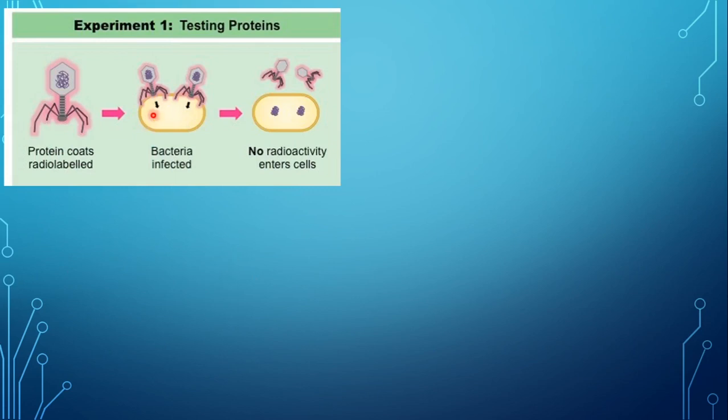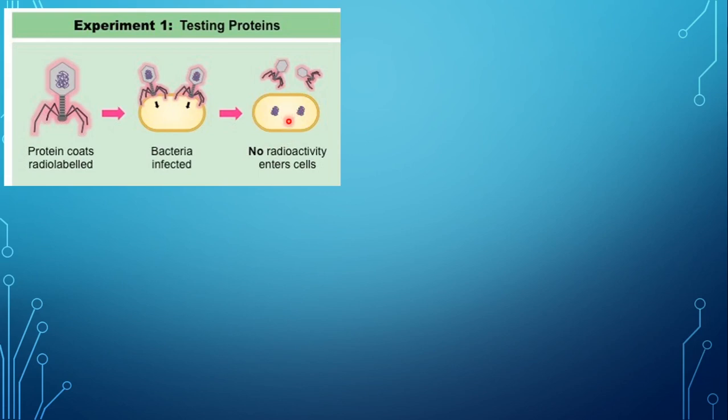Now the experiment. First, for testing proteins, what was done? The protein coat was radiolabeled with radioactive sulfur. We assume that out of the two batches, in one batch the protein coats have been radiolabeled. When the bacteria were infected, no radioactivity entered the cell. After infection, when radioactivity was tested for, it was found that the cells were without